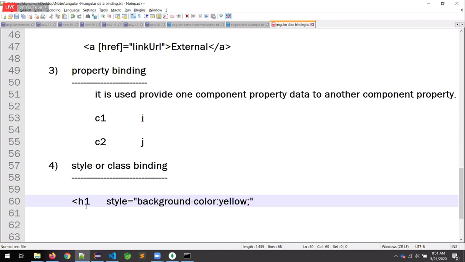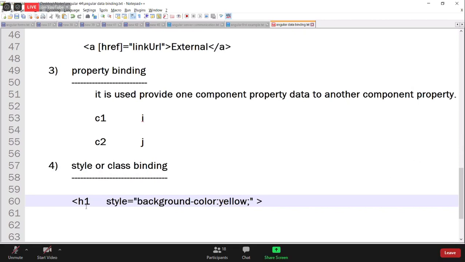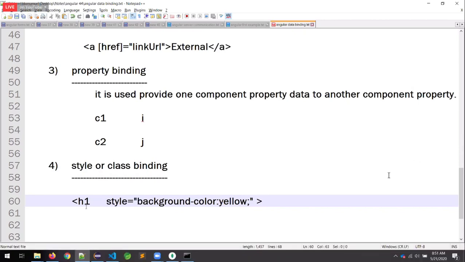Now I am asking, is it static or dynamic? Static styling or dynamic styling? It is static styling. But observe,